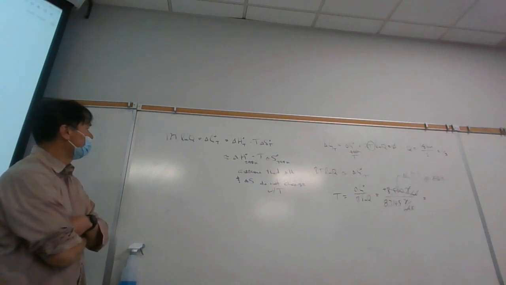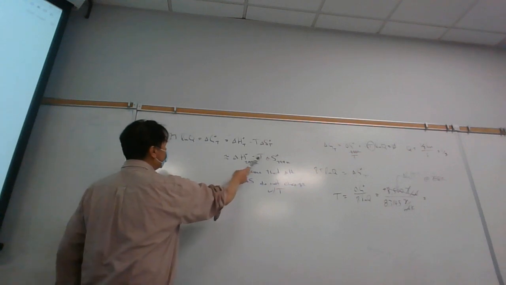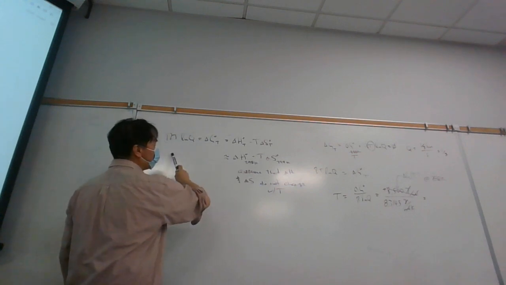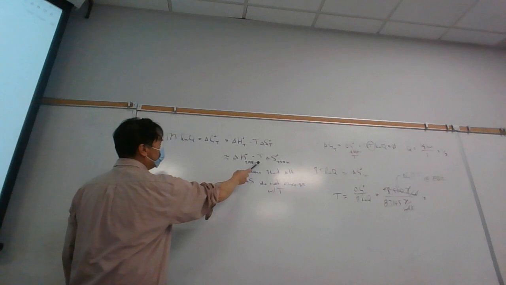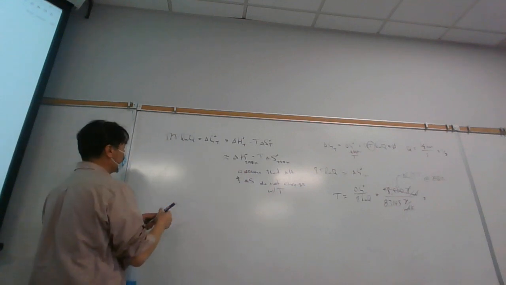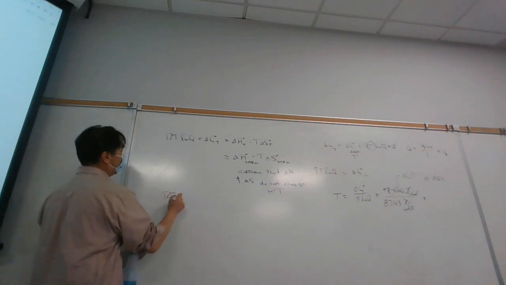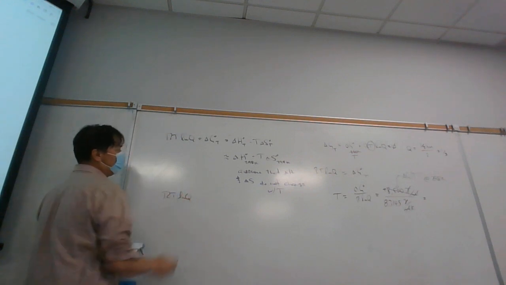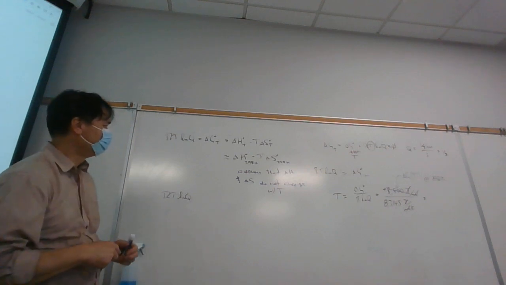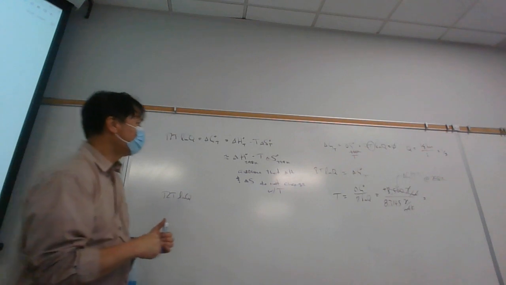Okay, so what we'll do is this. We're going to put all the temperature terms on one side. And so maybe what I'll do is I'll just add a T delta S naught to both sides. And so I'm going to get RT ln of Q. Now, one thing that happens